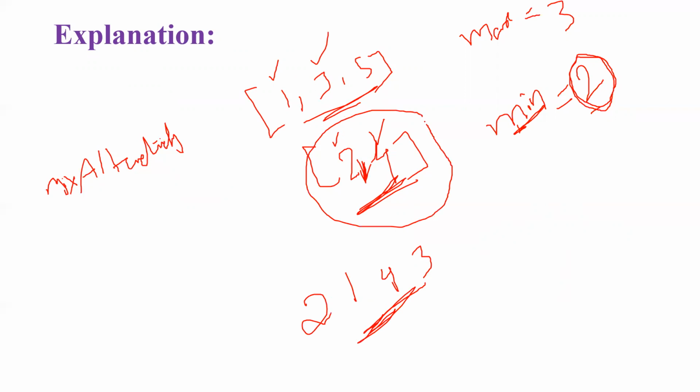If one list is completed, then the remaining list elements need to be written as they are, which is nothing but this, and this should be our output. Fine. You need to consider the minimum list and maximum list, and based on the length of the minimum list, you need to print alternatively and print the remaining elements as they are. Now let me show you how to code for this problem.